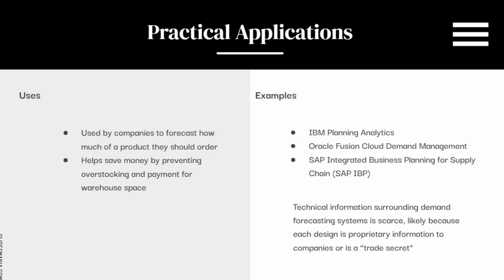And these products are pretty advanced. Some of them use AI, if not all of them. Finding technical information regarding demand forecasting is pretty hard, and a lot of this is because it's proprietary information or trade secrets to these companies, because this is how these companies make money. They don't want that to be out on the internet and be open software for people to use and modify on their own.